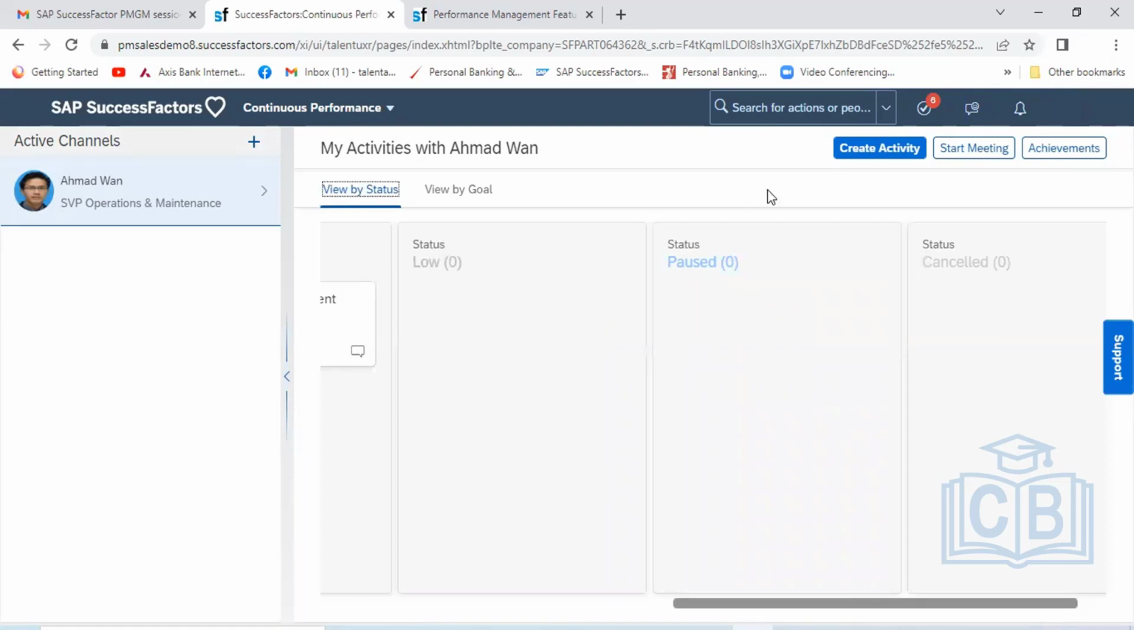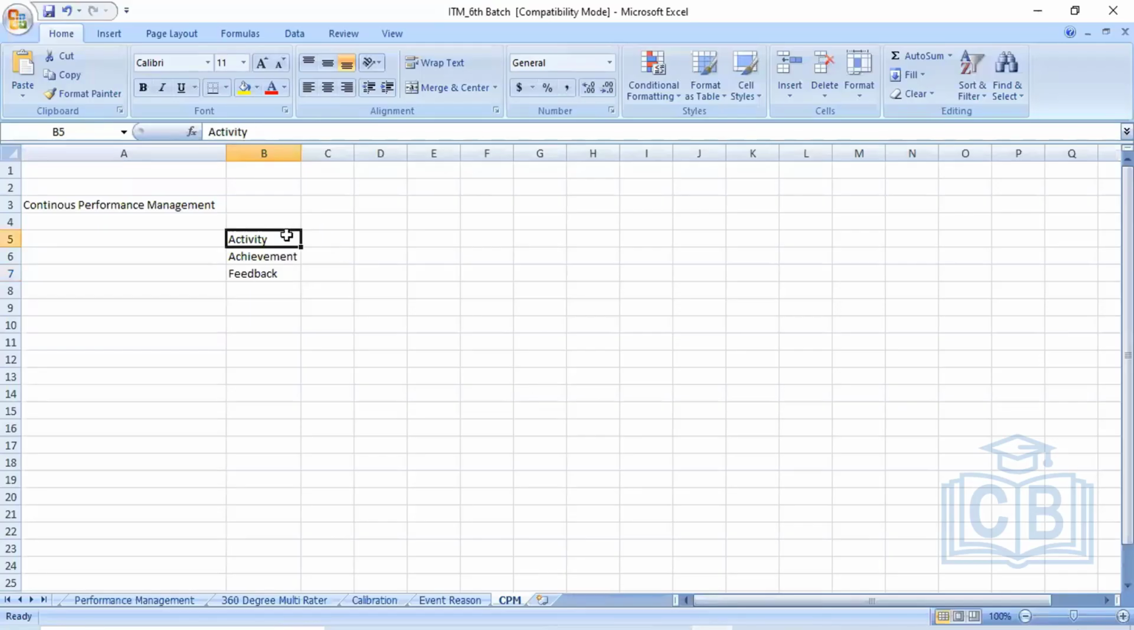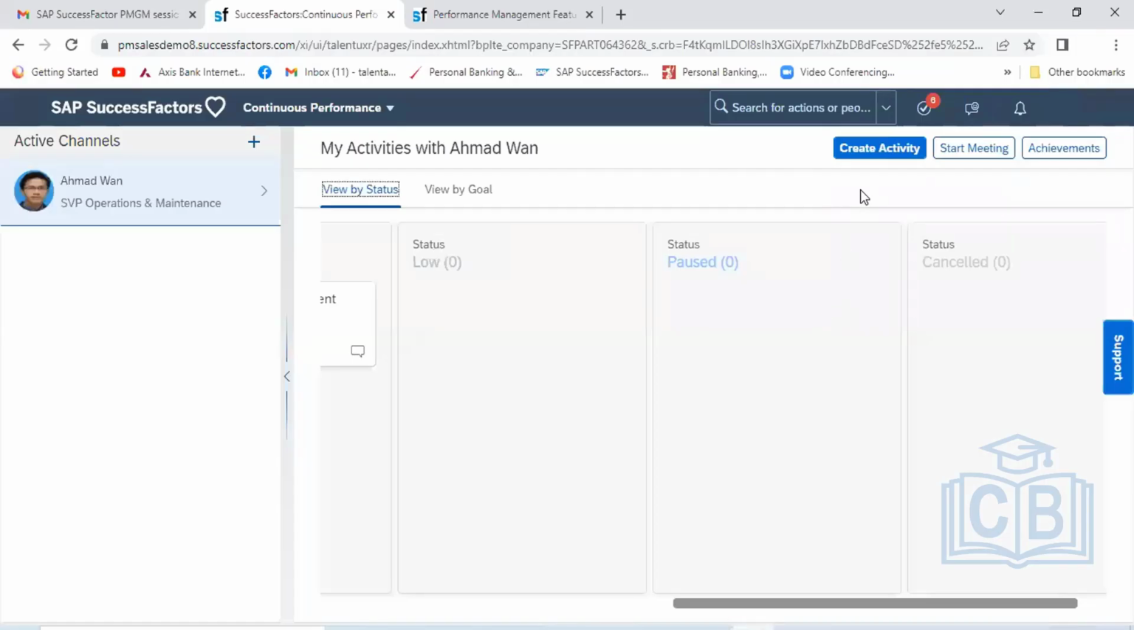So in this main page, as I told you, we have the three areas: activity, achievement, and feedback. Activity, we need to go and create the activity as an employee. What are the activities you are doing, you have to specify here. So where you will be specifying, you can see here, create activity. If you click on the create activity,